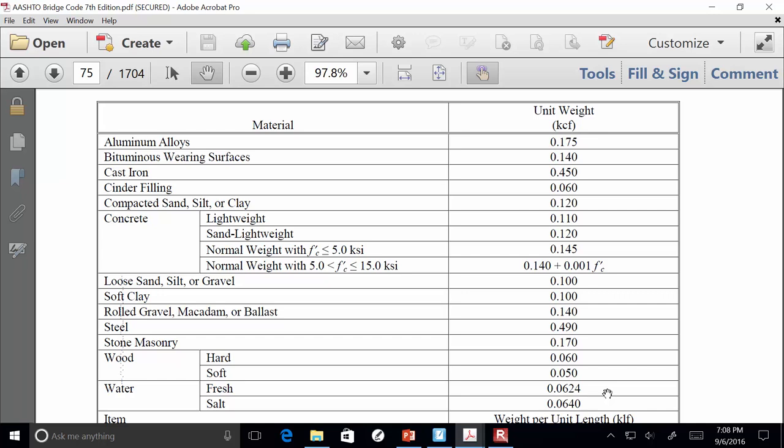Okay? Now, two of the ones that I would expect you to remember, which are pretty common, are, number one, steel. The unit weight of steel. If you have a cube of steel that's 1 foot by 1 foot by 1 foot, it weighs 490 pounds. So 490 pounds per cubic foot, or 0.49 kips per cubic foot. Okay? Now, concrete,